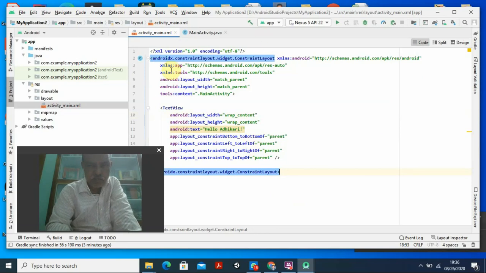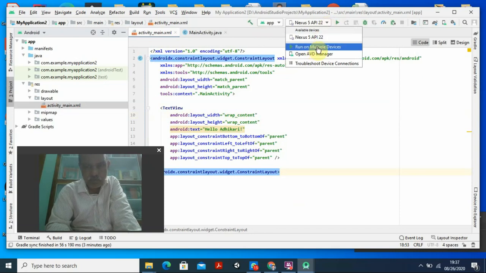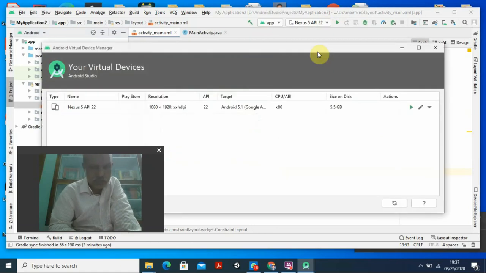Now I want to run this program, and for this what I have to select, for that you run, it is going for this one, but you open the AVD manager. Here we are having already 5.1 something already. This is the upper end, we already selected this one. So otherwise you can select anything what you have already installed. This is already installed and there is nothing to worry.